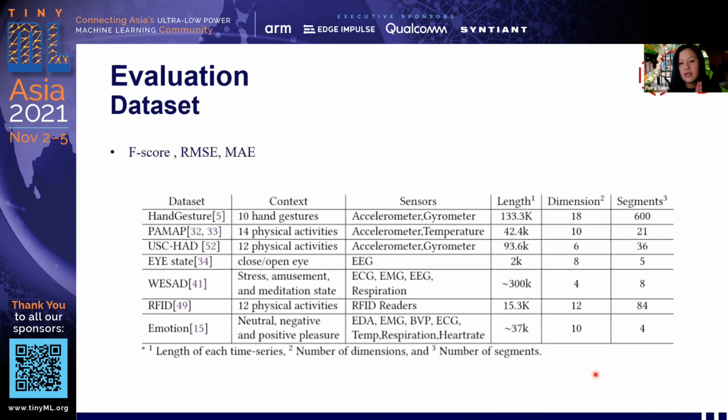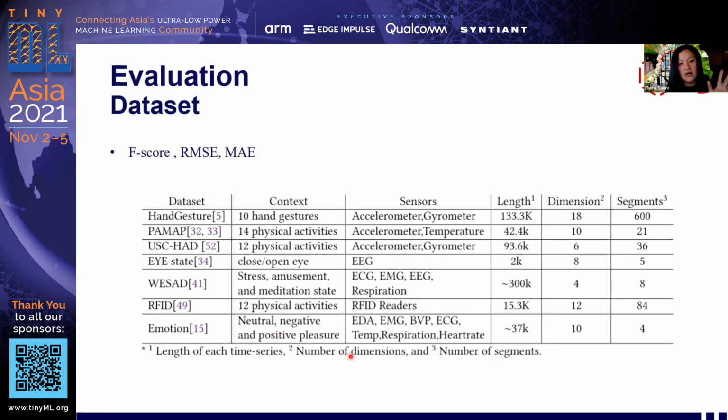Again, one of the first claims I made is we want to make sure the algorithms we come up with are general, so you can apply them to your sensor data without any assumption about what kind of data it is. These are the data sets that we use: hand gestures, physical activity, and EEG sensors that indicate movement of the eyes, emotion data sets to do with stress, amusement, meditation state. This is multiple sensors: you can see ECG, EMG, EEG, respiration sensors, RFID sensors to do with movement, and emotion sensors again that indicate different pressures.